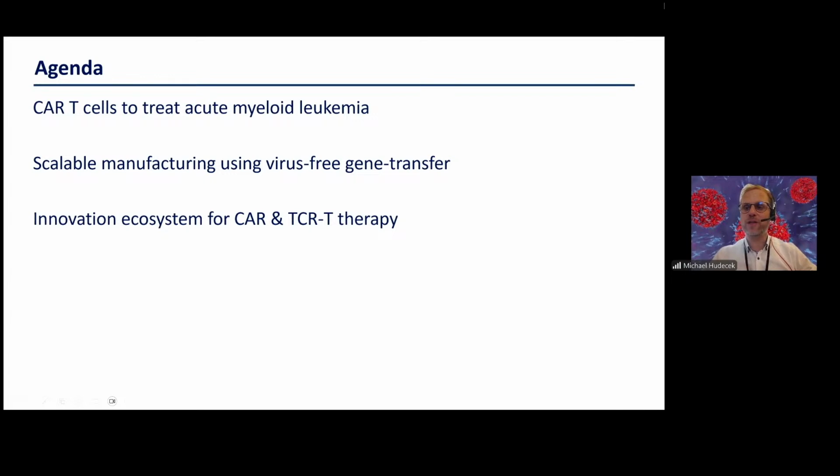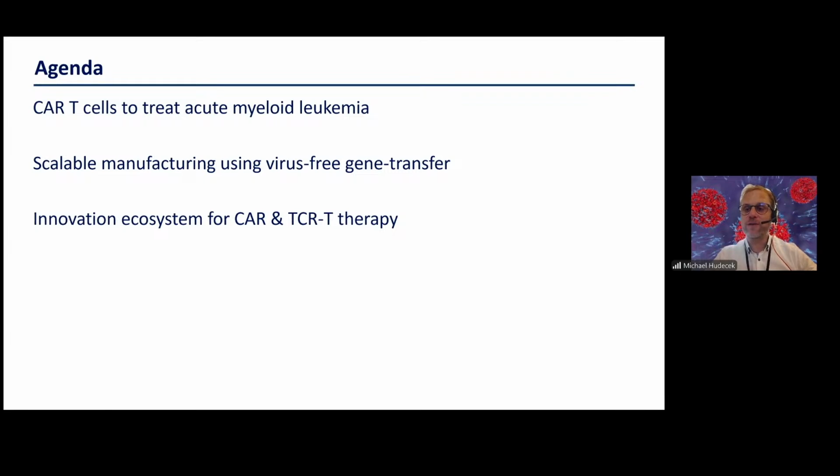is acute myeloid leukemia. So in the first part, I will show you cell products and target antigens that we are currently developing in order to achieve therapeutic efficacy also in AML. I will cover the topic of malignant transformation that is akin to the manufacturing scheme that we use to make CAR T cells, and share some data from our virus-free transposon-based technology to make CAR T cells. And finally, I'll show an example of teamwork that we've leveraged in Europe,